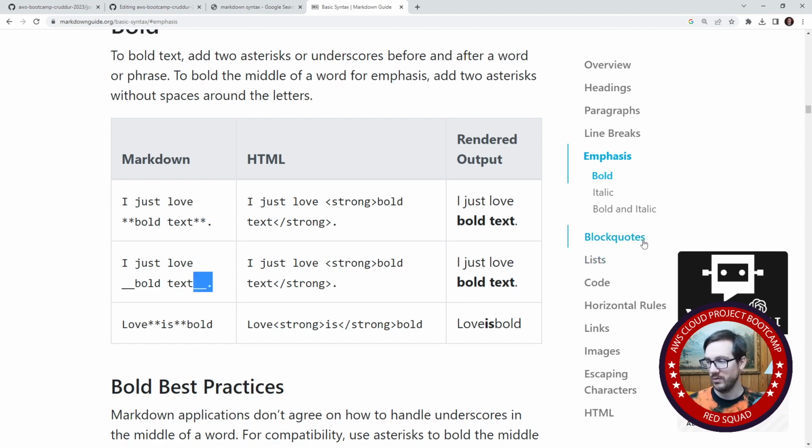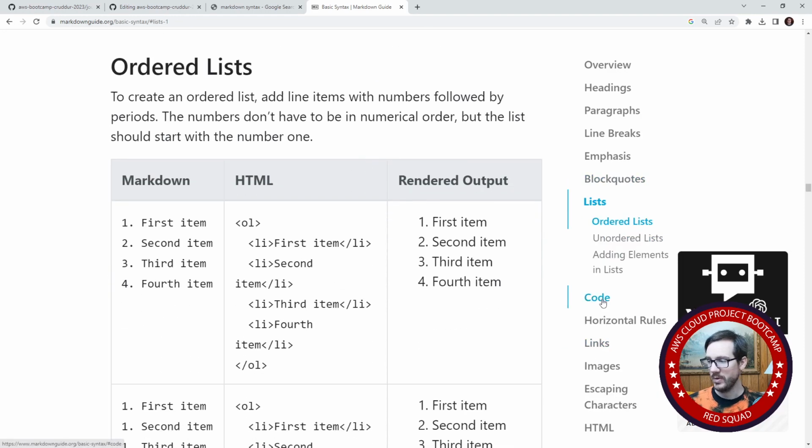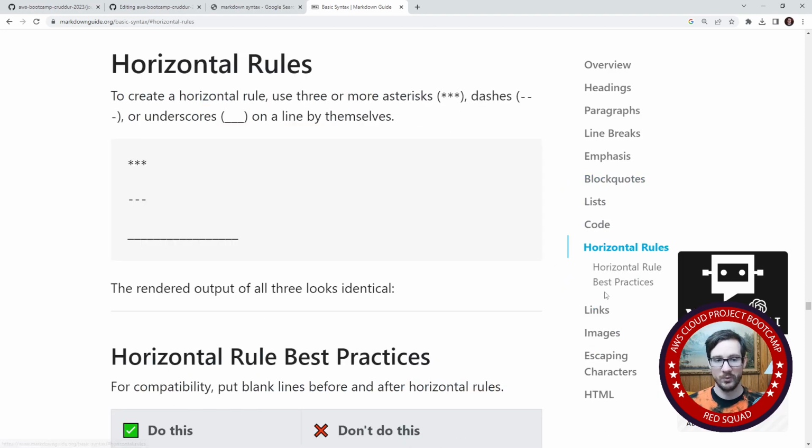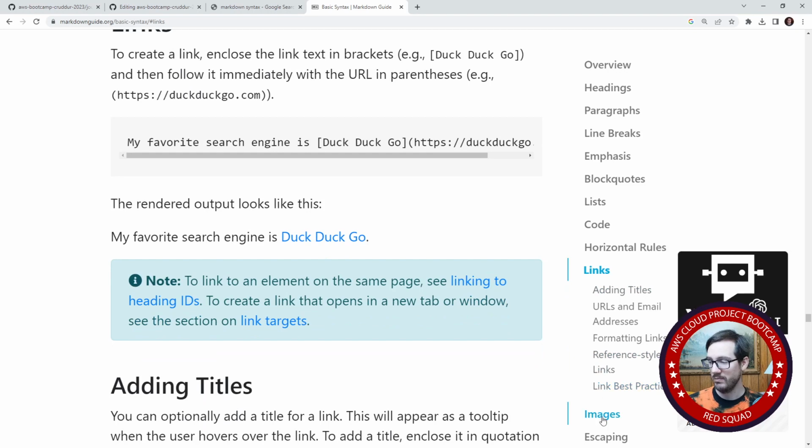There's a few different ways to do them. We have block quotes, we have lists, we have code, we have horizontal rulers. I didn't even know we had those. That's kind of cool. Links, which is something you really need to know. You have images syntax,